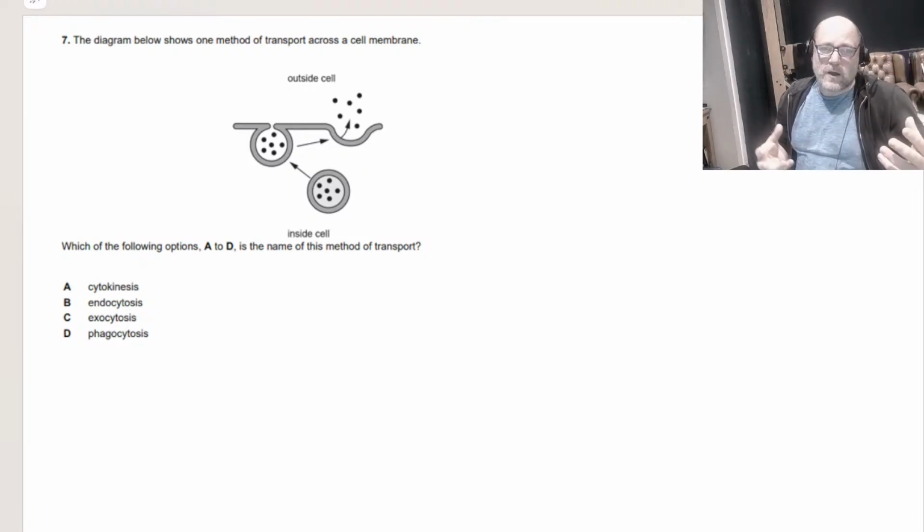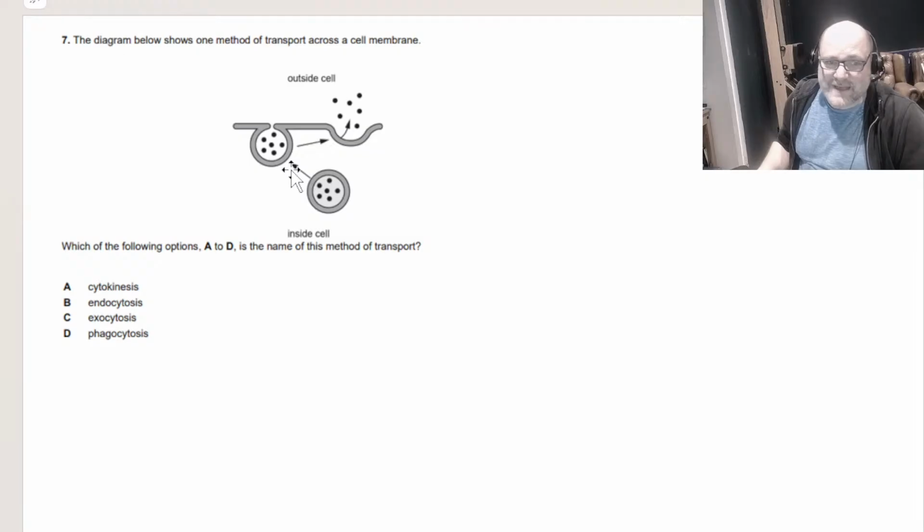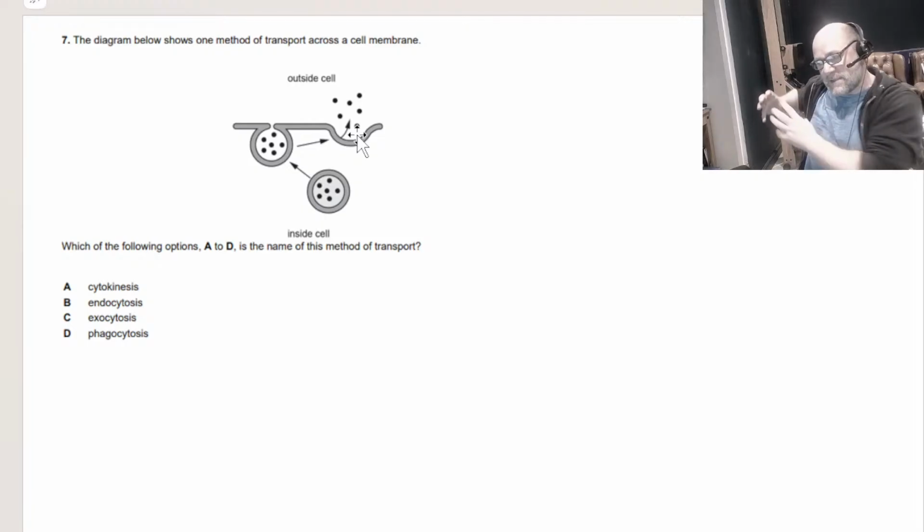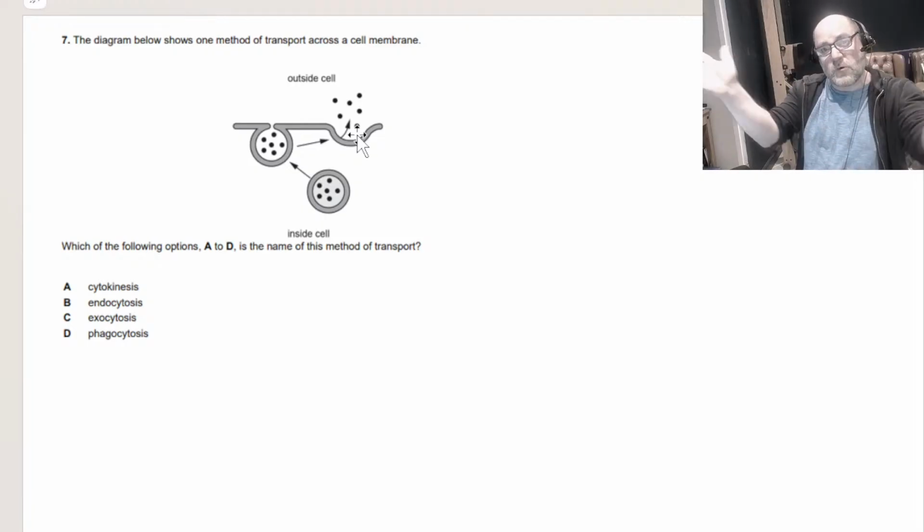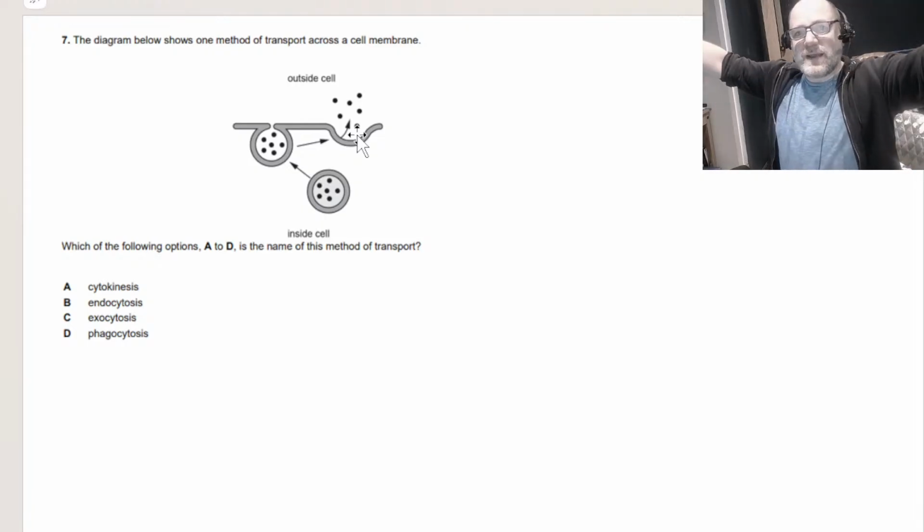And the way this works is substances, this is something leaving the cell. We can guess what that is, exocytosis. So imagine this grey part is a layer of phospholipids. They're surrounding a substance like enzymes or something they want to leave the cell. It joins and becomes part of the membrane. So this fluid membrane, these vesicles come and then they form part of the membrane and just release their contents